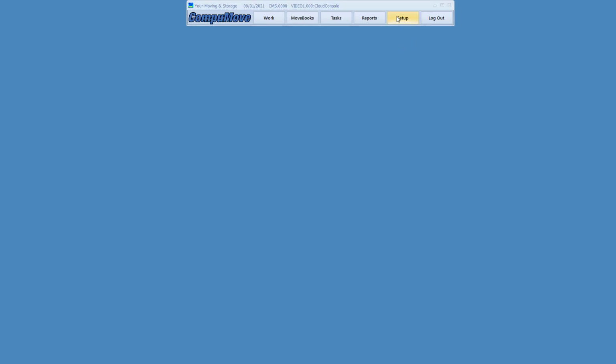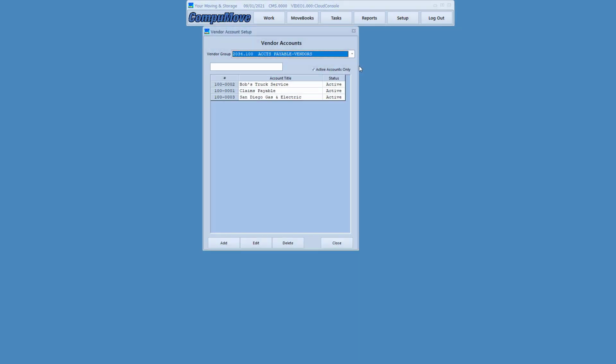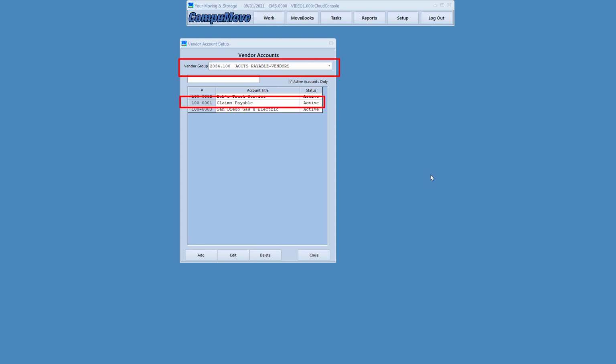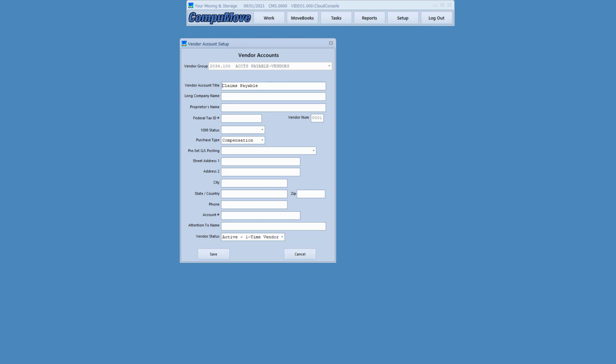So what I'm going to do is go to Setup and I'm going to go to Vendor Accounts. And if you look in this Accounts Payable vendor group that I have here, you can see that there exists a vendor account that says Claims Payable. Now it's in there with all the other vendor accounts for our recurring vendors, but it's got a special status. If I double click into that Claim Payable and you look at the vendor status, it's in the one-time vendor